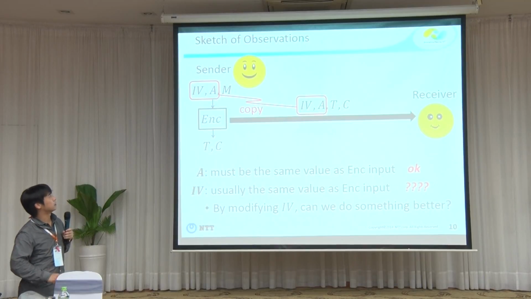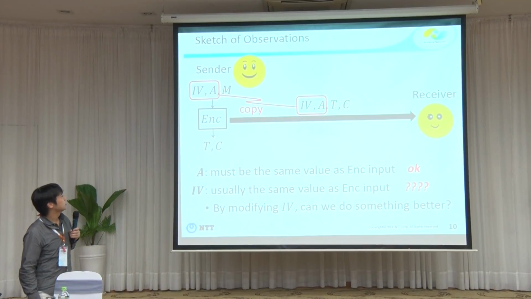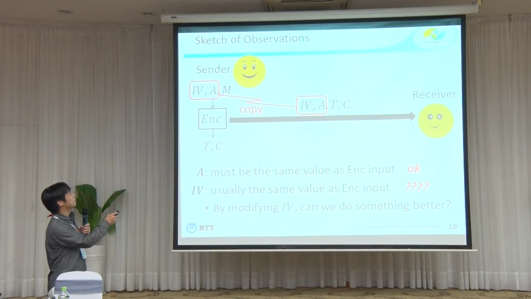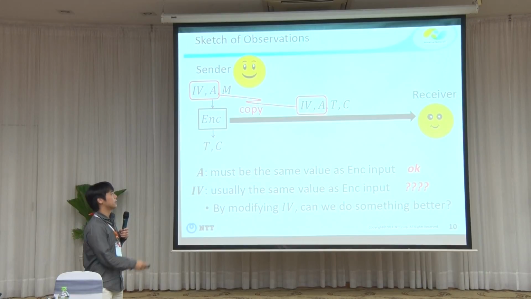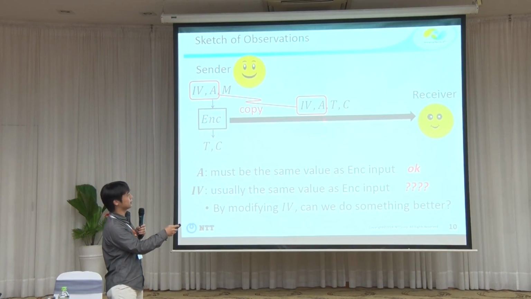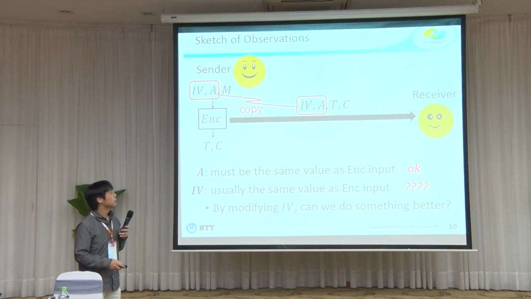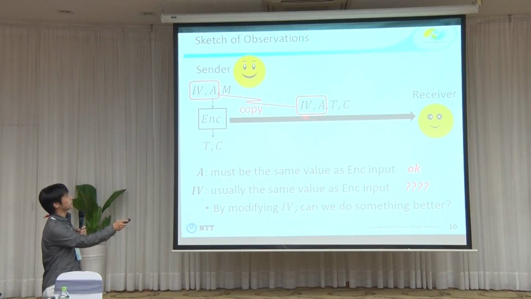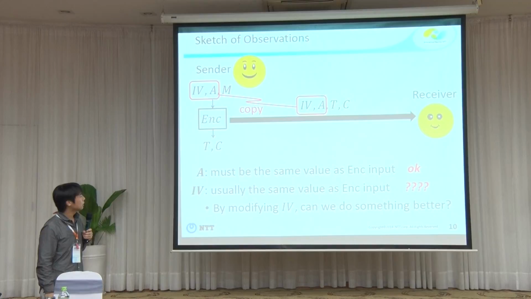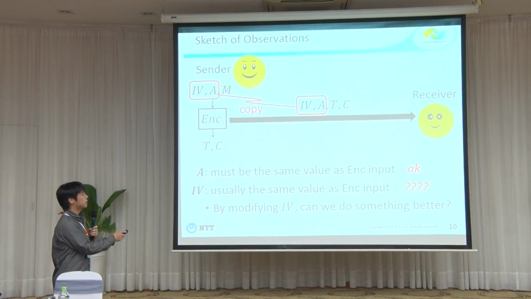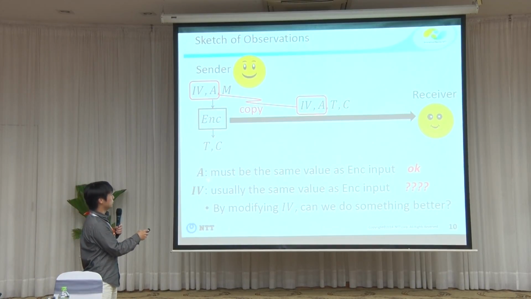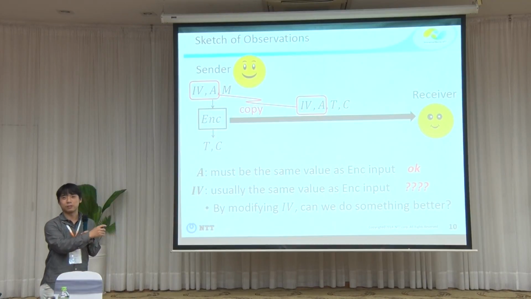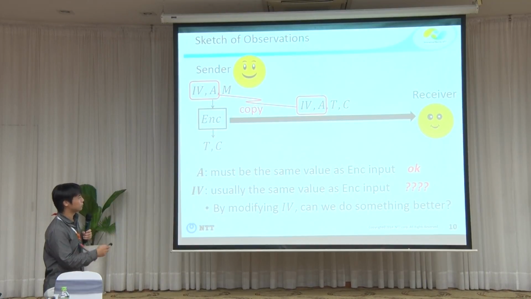So this is the rough sketch of observations. The sender computes the tag from the initial value, associated data and message, and sends the initial value, associated data, tag and ciphertext to the receiver. One observation is that those values are just copied from the input to the encryption protocol. Well, it's true that nobody should modify them. So this is like packet information. So if someone modifies, then they